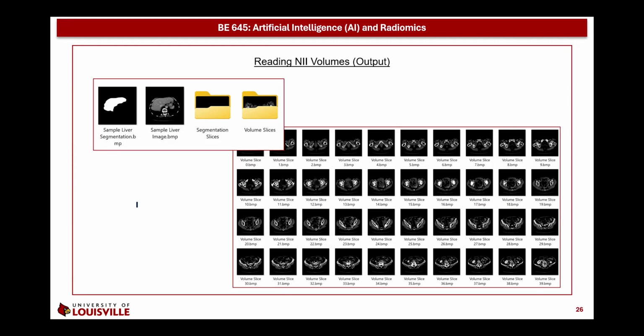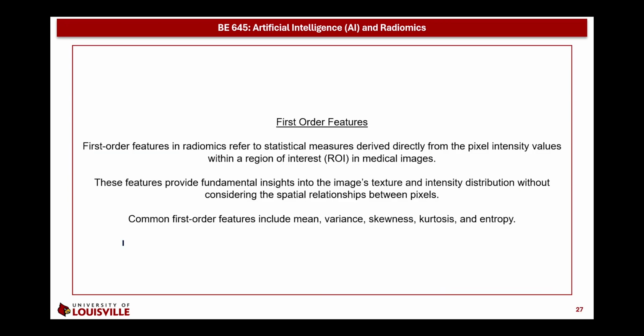So after extracting the slices from the volume, we can then mask each slice in the volume with the corresponding mask and start to extract the features. In this lecture, as mentioned, we will deal with the first order features. First order features here refer to statistical measures which are derived directly from the pixel intensity within a specific region of interest. These features give different insights on the image texture and intensity distribution without considering any spatial relationships between